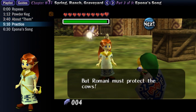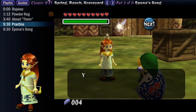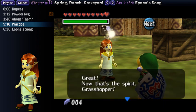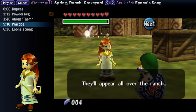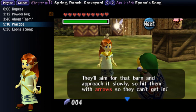That's kind of strange. Alright, so now that we know what we're getting ourselves into, Romani has a mini-game available for us to try. You're required to complete it at least once, so even if you do poorly, just say yes to begin. There are 10 ghost-shaped balloons that will be scattered across the ranch, which is quite similar to the way the aliens will appear tonight. You want to use the analog stick to move around, and then press A to use